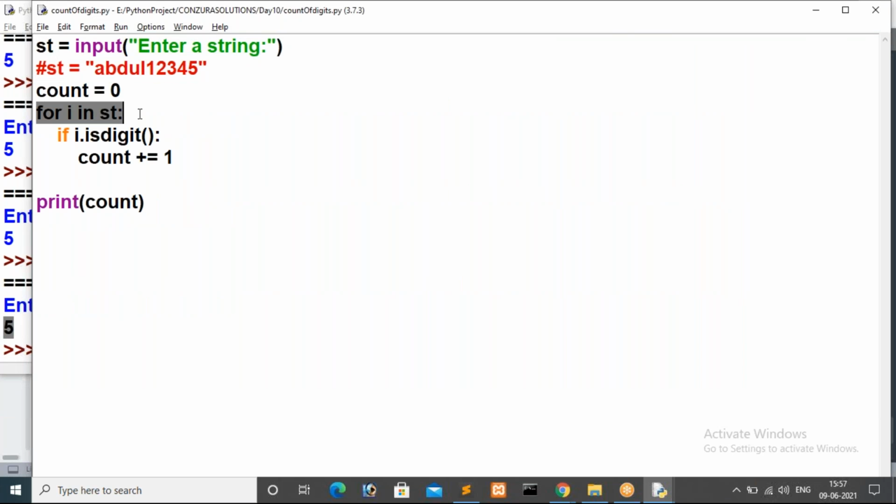While iterating a string, if you use the basic procedure, that is range of length, in that case you are getting integer values. But while iterating a string directly, you get characters. You have to remember that with string iterators you get a character in each and every iteration, so we are rightly checking this. I hope you have no issue with this code, right? Please respond once, then we will go with another problem. Sudarshan says clear, Mani Royal says clear. Then what about Rista? Okay, Monica says clear, that's fine.